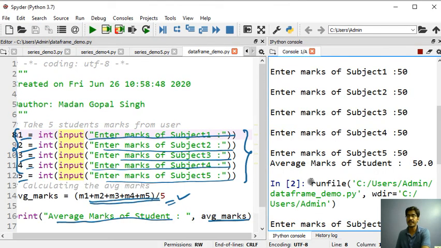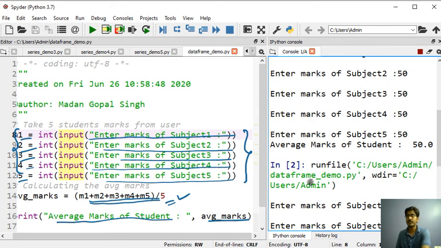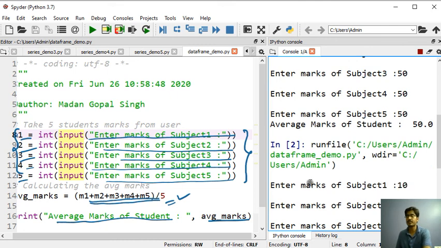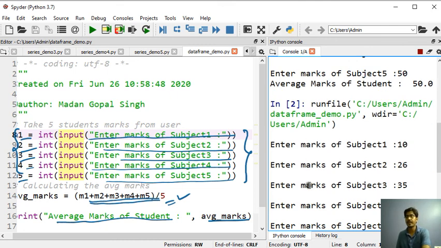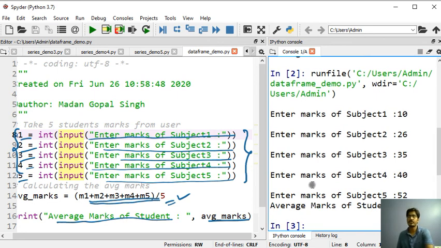Then for subject 2, 25, subject 3, 35, subject 4, 40, subject 5, 52. So the average of these marks is 32.6. This is how you can write your Python program for simple average marks calculation.